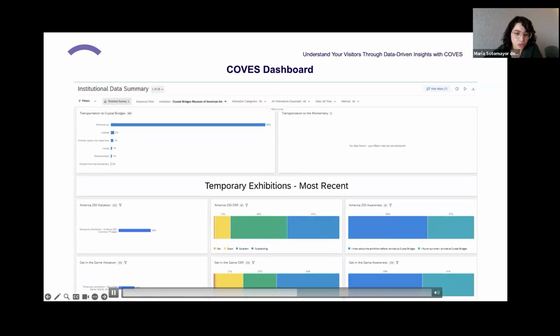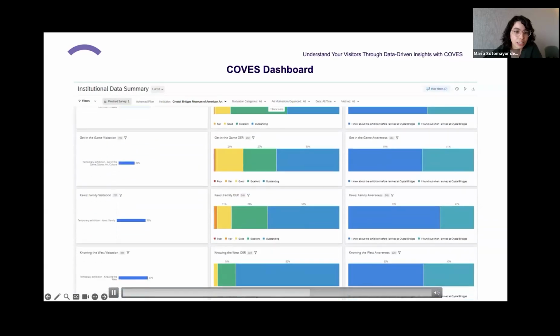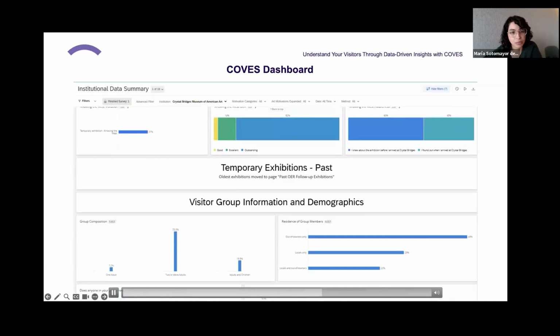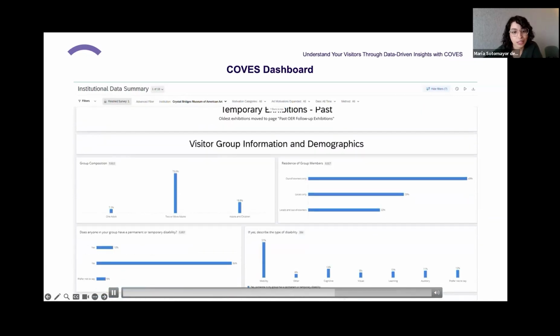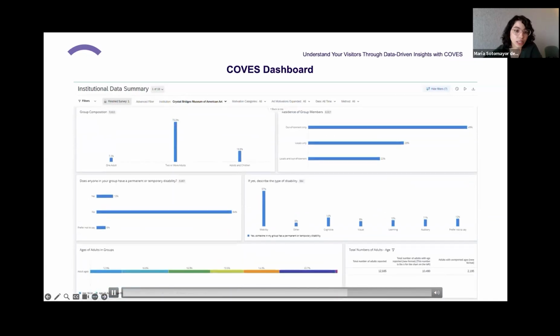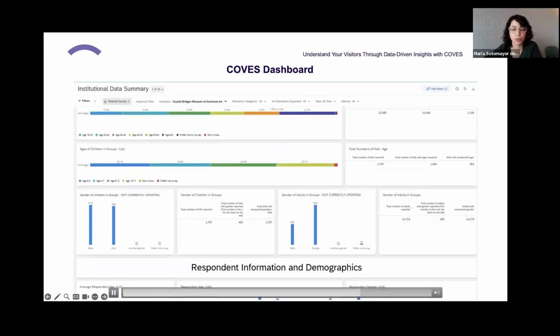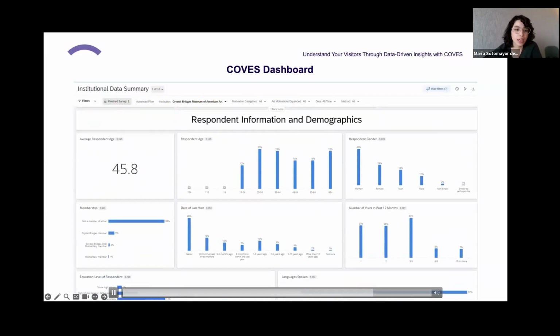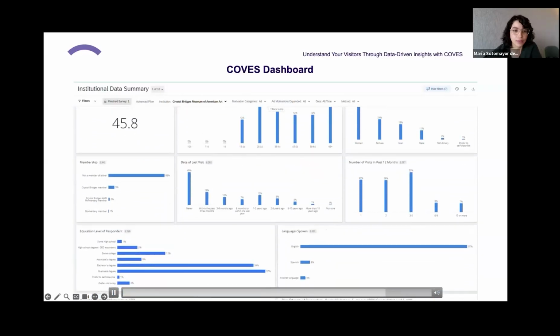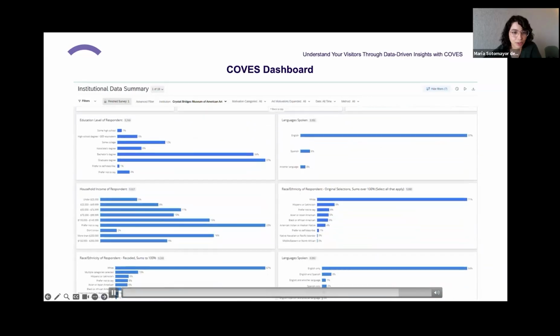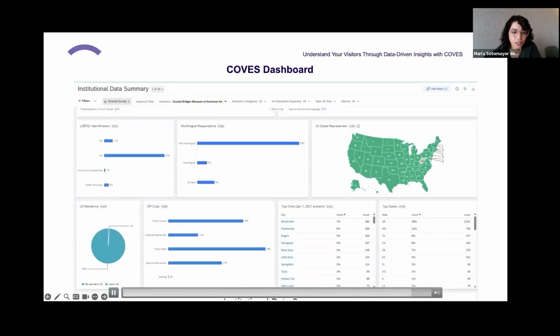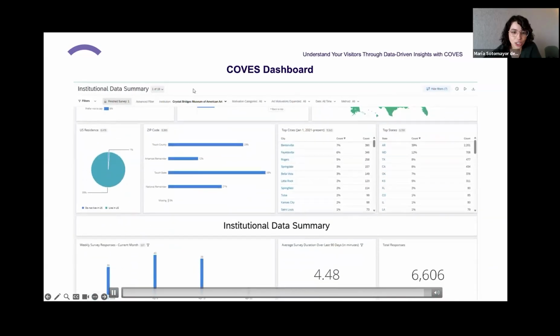And then as we scroll past, data on the temporary exhibition. So who came to the temporary exhibition and at what rate? What did they think about it? Demographics relating to groups, both with adults and groups with children. And then at the very end, we have some really nice, valuable demographic info. You can see all those charts, some geographic location, all that.